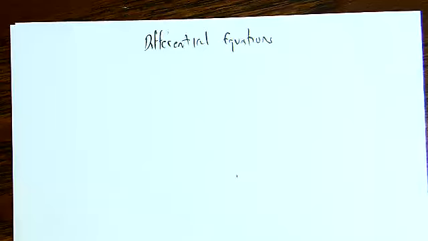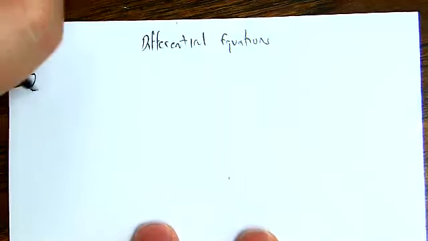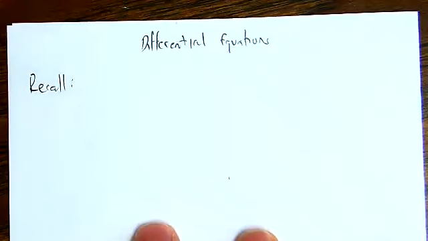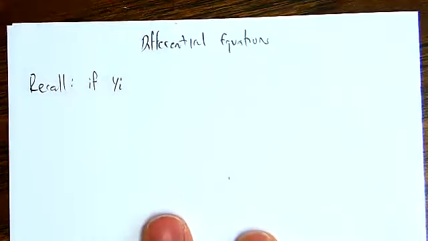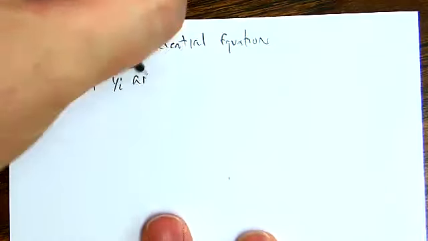Welcome back to video 4 of this day, sections 4.1 and 4.2. We want to start by recalling linear independence and linear dependence. So if a sequence of functions y_i are linearly dependent, that means that